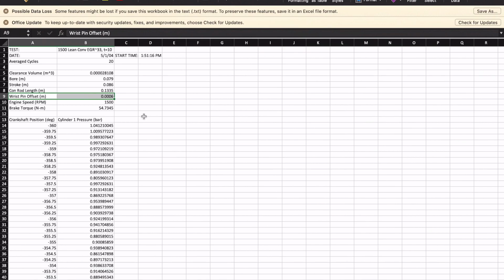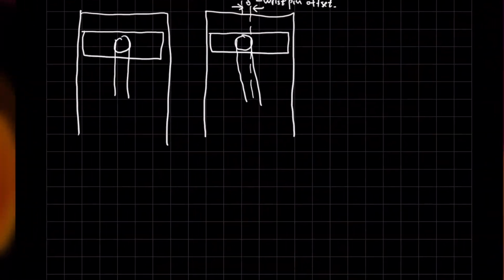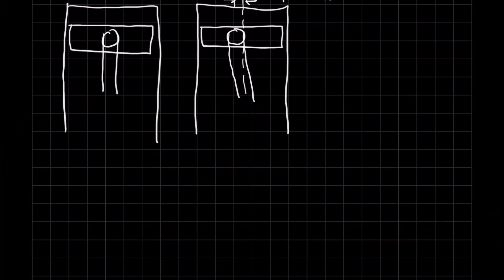In fact, you can see how small it is, right? It's less than a millimeter of an offset. So it's very, very tiny. But it's just enough to, as I mentioned, the reason why this is done is when you have forces applied onto the face of the piston,